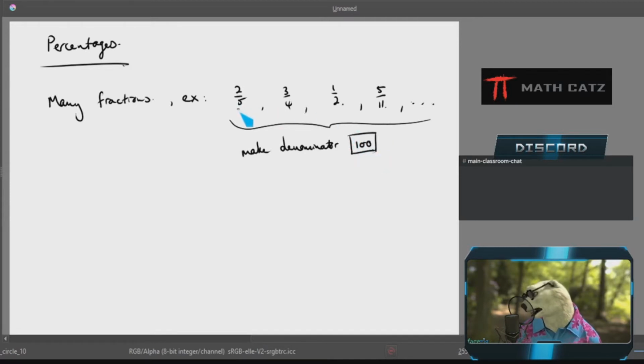Now, in some cases, with a convenient fraction, that is easy enough to do by just multiplying by the same number on both sides, sort of reversing the simplification process. I would have to have 5 times 20, and then I would have to do it at the top as well. So that would give me 40 out of 100. And then we will call that